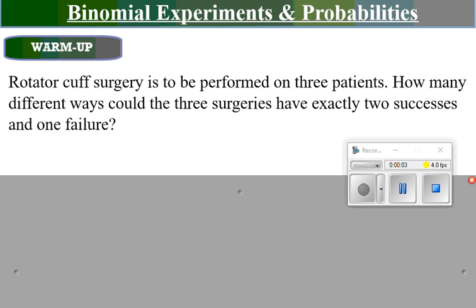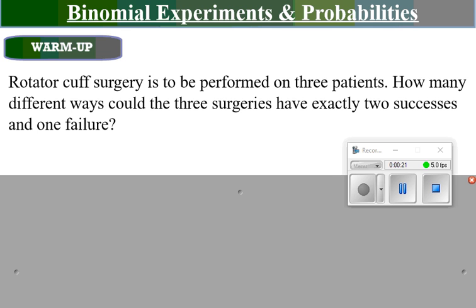Hello. In today's topic, we're going to be discussing something called binomial experiments and the associated probabilities. As we'll see, a binomial experiment is an event where we have two possible outcomes. That's where the bi in binomial is going to come from. This whole unit we've been working through probabilities, so this is a special type of probability that we'll be looking